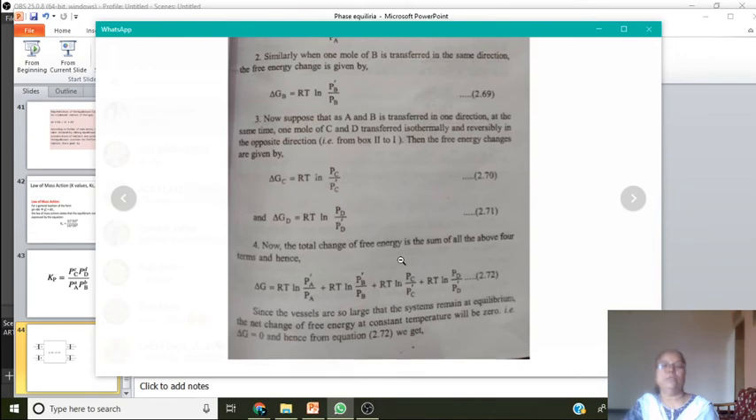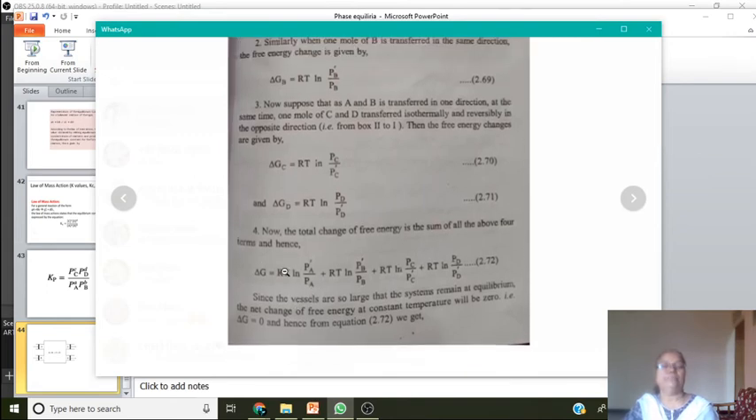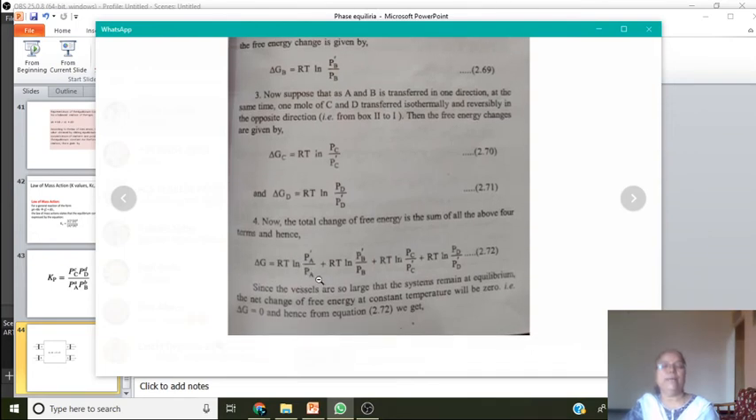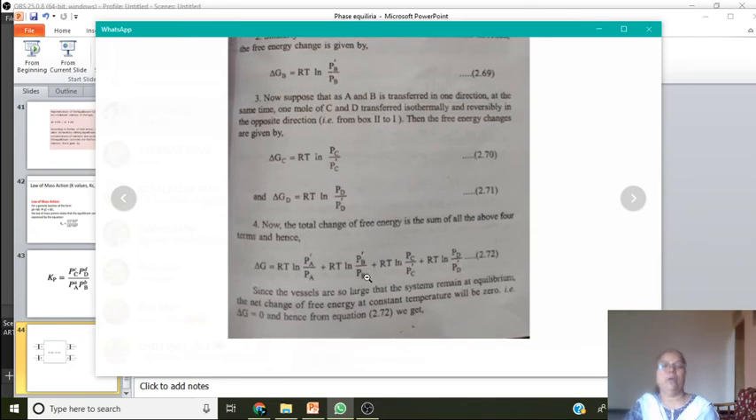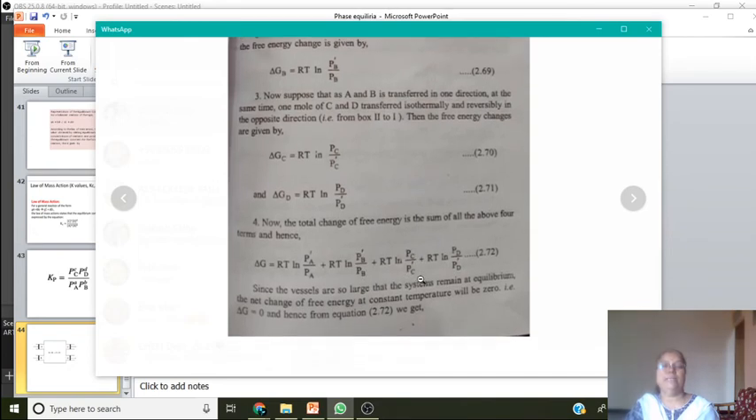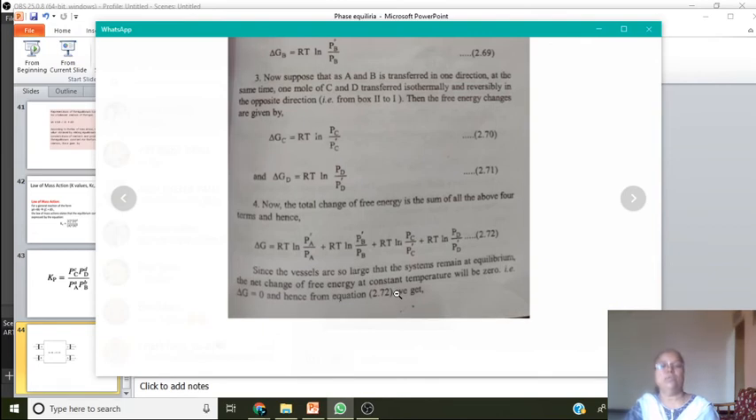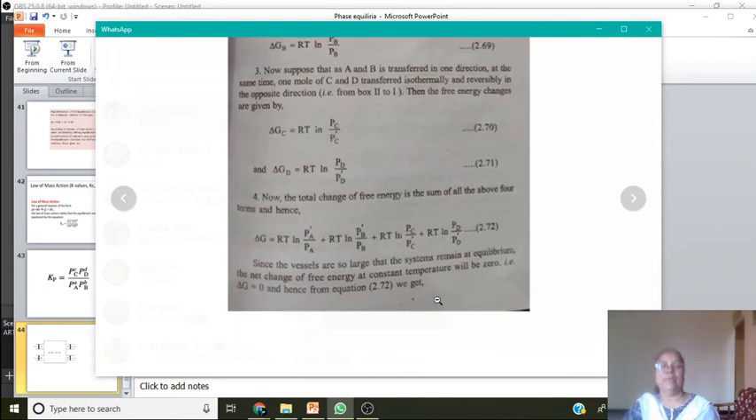Now, the total change of free energy is the sum of all the four terms, and hence we have total free energy change ΔG = RT ln(P'A/PA) + RT ln(P'B/PB) + RT ln(PC/P'C) + RT ln(PD/P'D). Since the vessels are so large that the system remains at equilibrium, the net change of free energy at constant temperature will be 0. That is ΔG = 0. Hence, from this equation we get